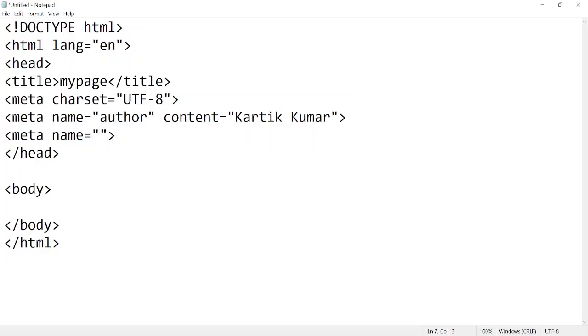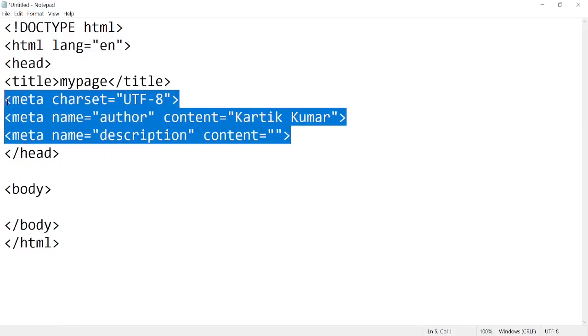And another meta tag is very useful for your websites, which contains the attribute description. No, this is a value actually. The attribute is name, which contains the value description about your website, and inside the content you will write what the website is all about. This information is very useful for the browser, for search engine optimization, for many things.